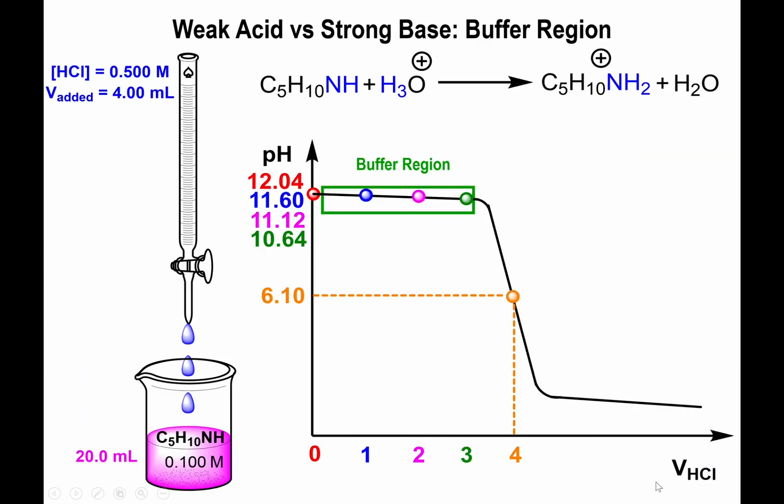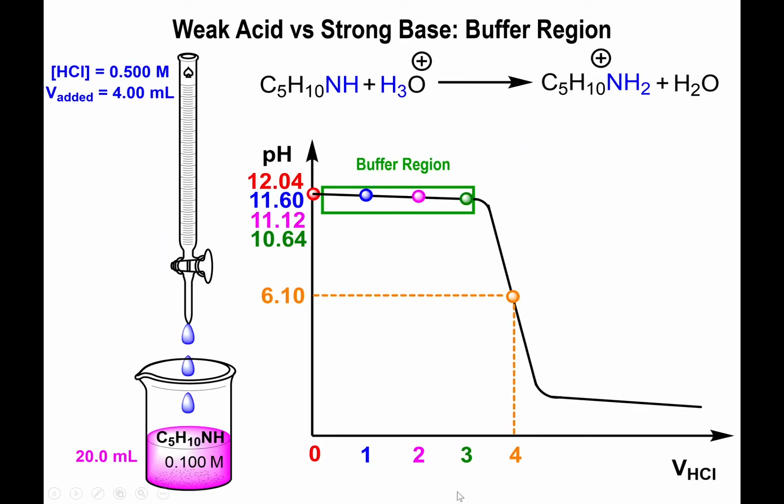So that's one way to check out and make sure that your calculations are making sense. If you get a pH that is greater than 7 for a weak base titrated with a strong acid, you did something wrong. Very likely, you forgot to change the Kb to Ka. Alright, now,